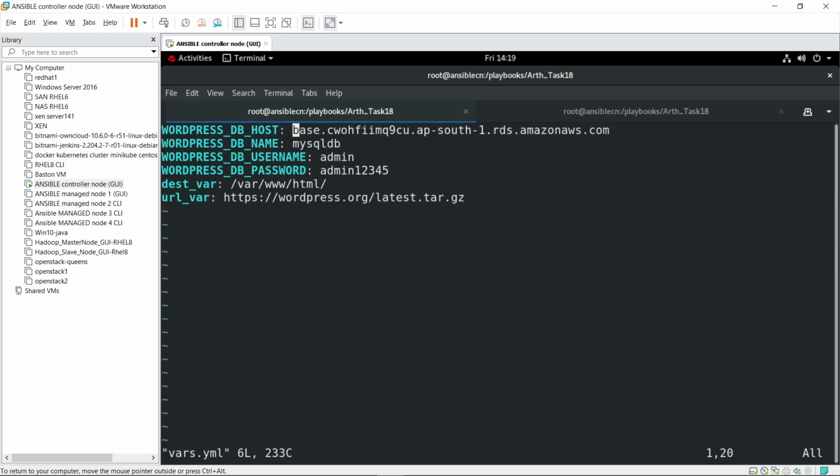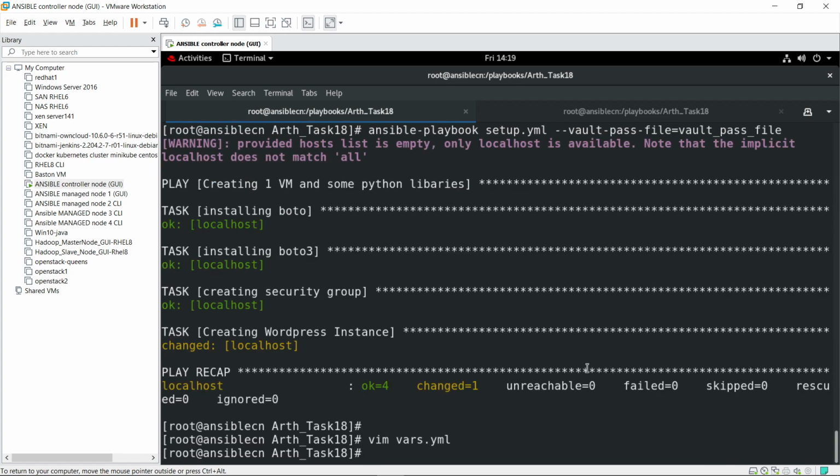This is my variable file, so I just have to update this file, and hence everything has been done. We just have to configure now.